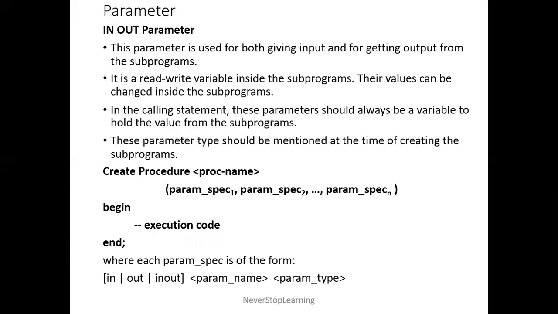Now let's create a procedure so it will be more clear to you. First of all, I have a student database, so I'm using the student database. I'm writing use student DB. Here I have a student table. Let me show you the student table. For fetching all the data from the student table, I'm writing select star from student.